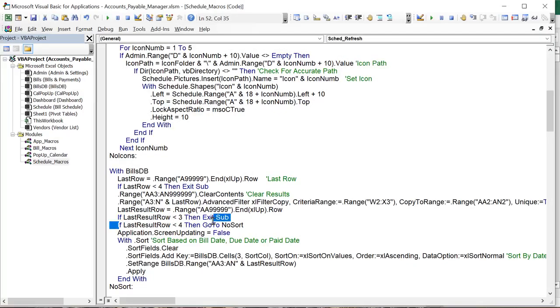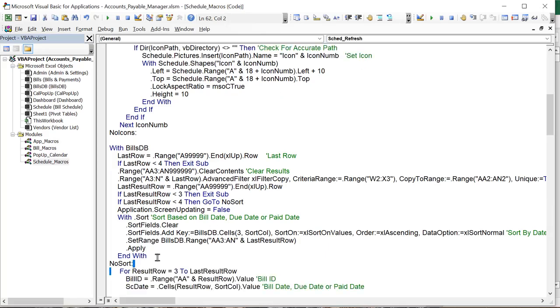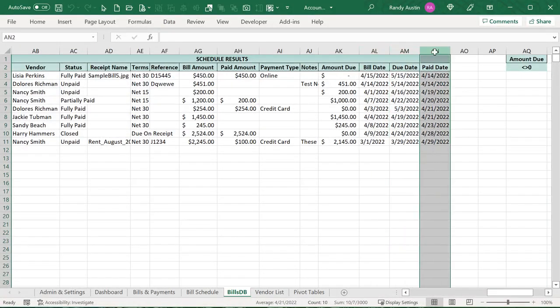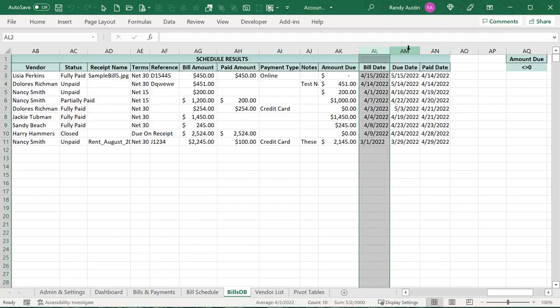If the last results row is less than 4, then go to no sort. It's going to skip it and go directly down here. But we do want to run a sort. Now remember, we've got a dynamic column sort. We're either going to run that sort based on column 38, 39, or 40. Right? So that's why we have that column number in a variable, 38, 39, or 40, because we don't know